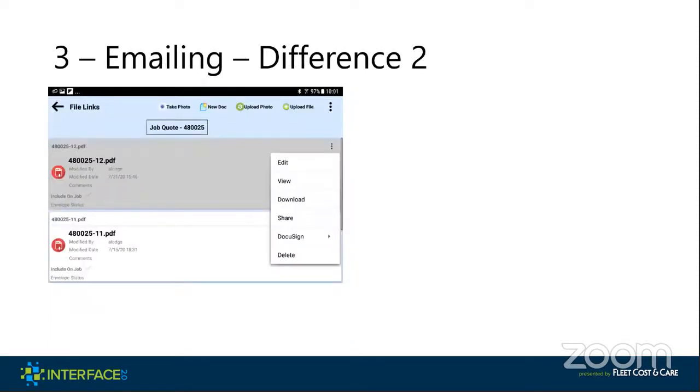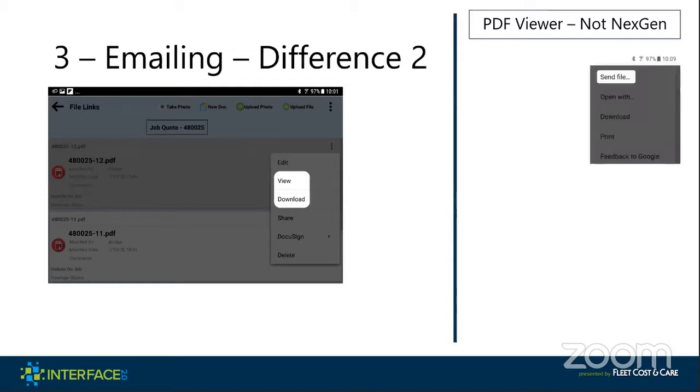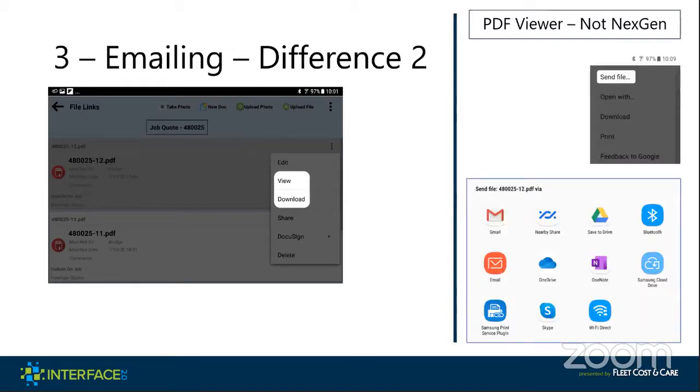Another way to look at the difference is if I'm a salesperson, I can have a quote, and then I can go view or download my quote. And then at this point, move to the right side of the line. I am outside of Adam working on my device. Now, these are device level controls, right? I can send a file, I can download it. You see the feedback to Google because I swiped that screenshot from a Google device. I can send the file and it's going to give me all of these applications down here. That is not how we're going to manage emails